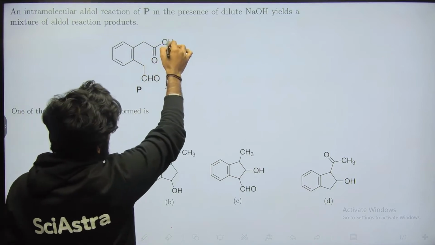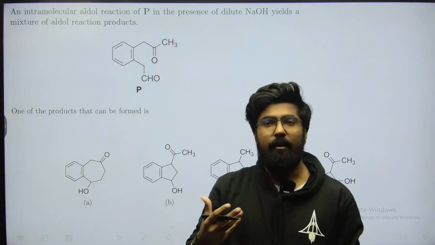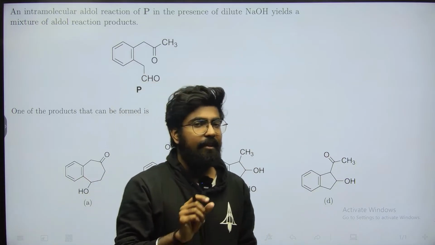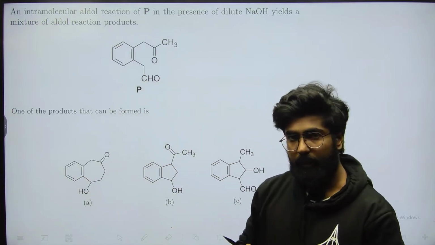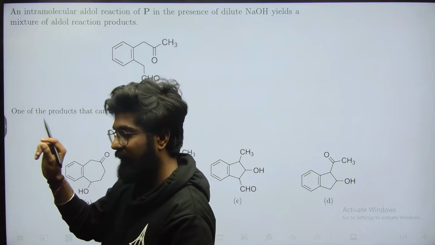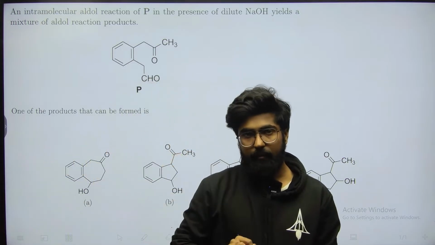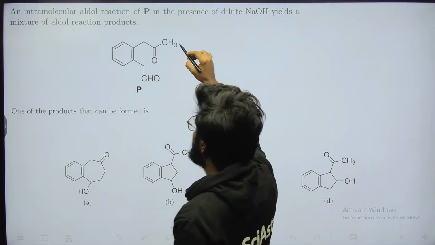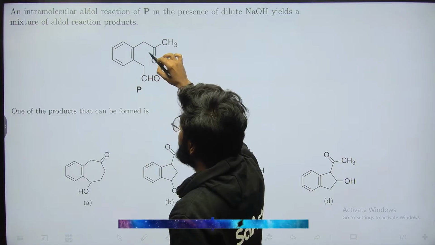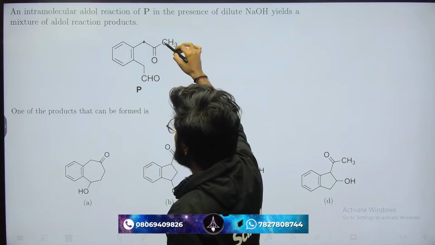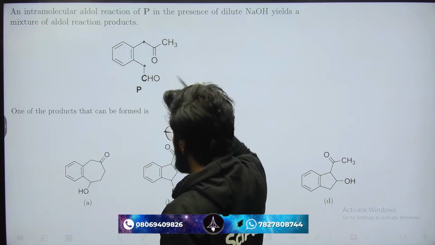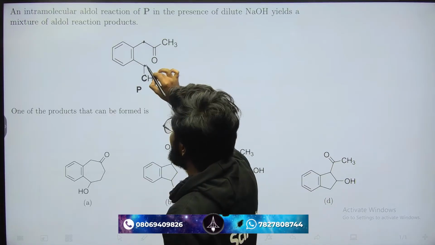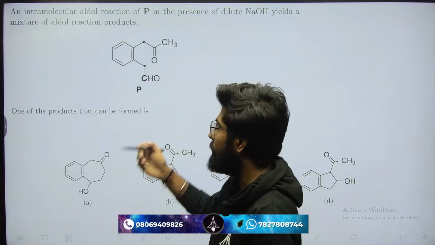So let's suppose that what you have so far understood about aldol reaction is that the ketones are relatively less electrophilic as compared to aldehydes. Because of the presence of one extra CH3, there is a substantial plus I effect that decreases the electrophilicity of the carbonyl CO. So the first choice is that we attack the hydrogen from this particular ketone onto the carbonyl of this CHO, because this CHO tends to be more electrophilic. So let's give it a chance to be electrophilic here.